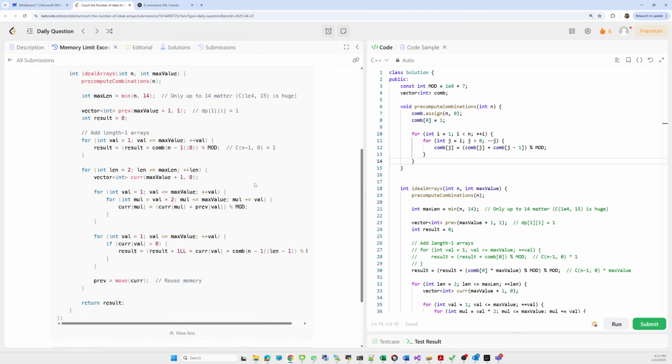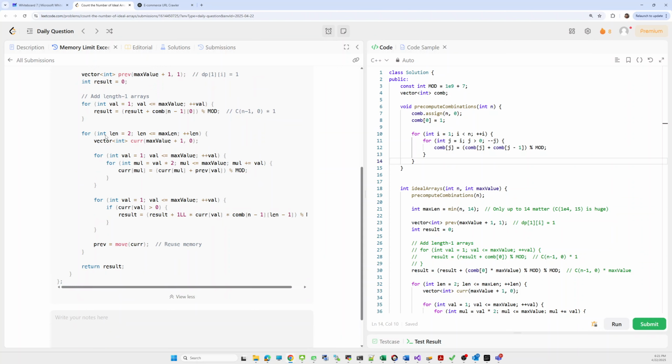So we calculate that. After that we have to check for all lengths from 0 to the max length. Here we limit that to 14, maximum it will be 14. So we'll start from 2 to a maximum of 14, and for each length we'll calculate the current matrix. Initially we start from 0.